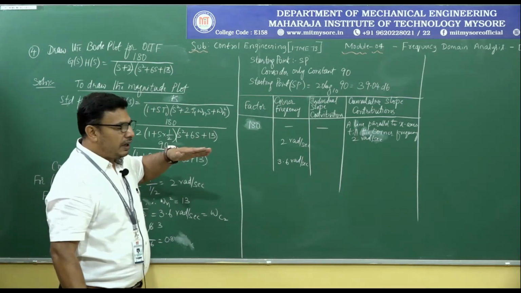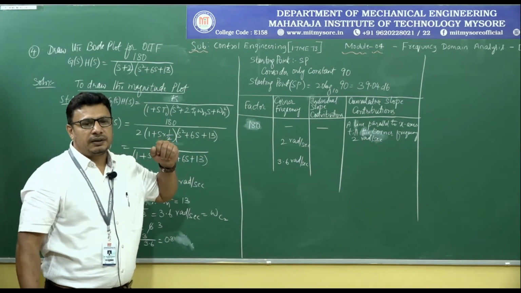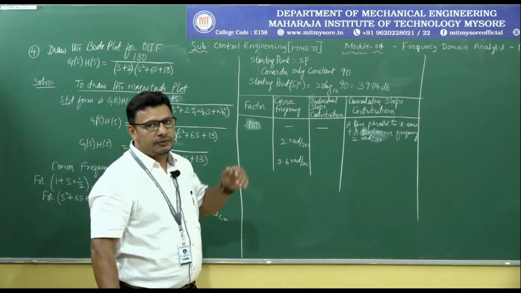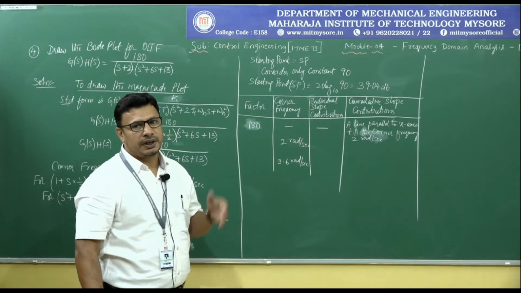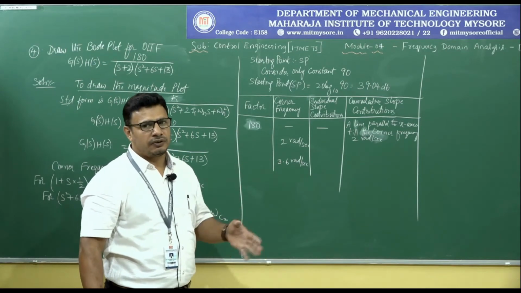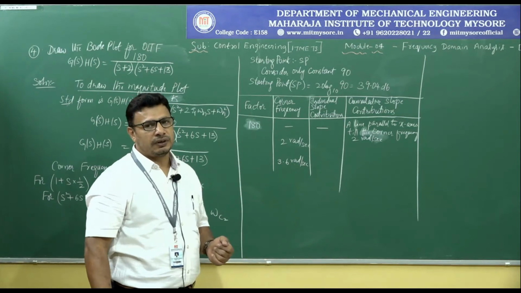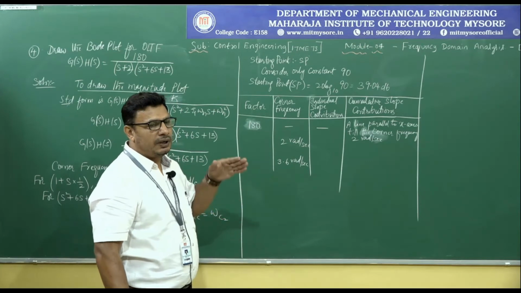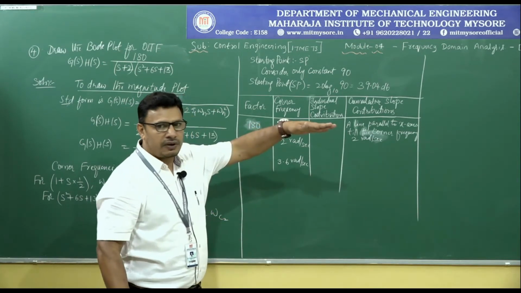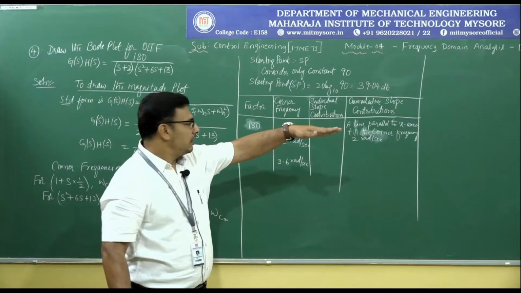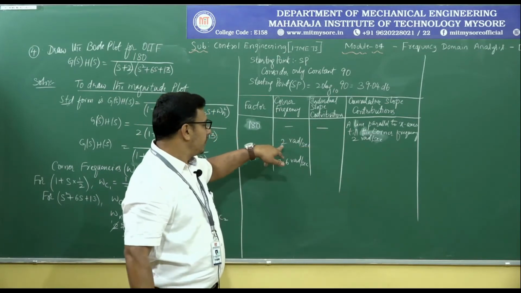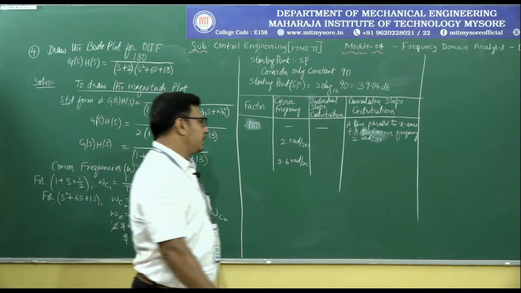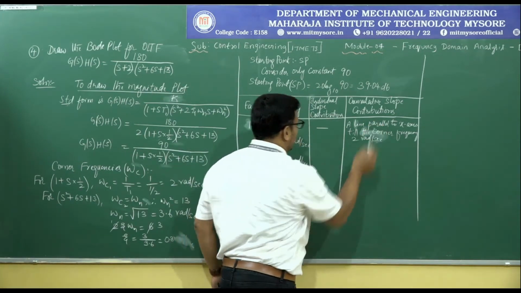So earlier, for the problems where the s power n factor was present, we used to draw a line of slope, say minus 20 decibels per decade or minus 40 decibels per decade, till the next corner frequency. Whereas here there is no s power n factor, because of which we need to draw a line parallel to the x-axis. How long? Till the next corner frequency, that is 2 radians per second. There won't be any slope, there will be a line parallel to the x-axis. That is what has been written over here.